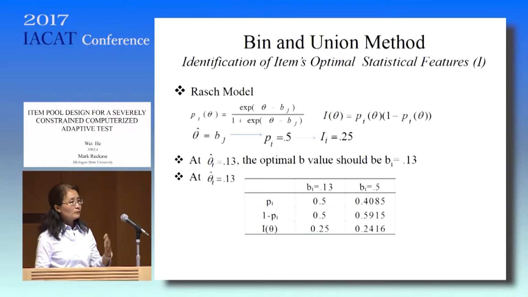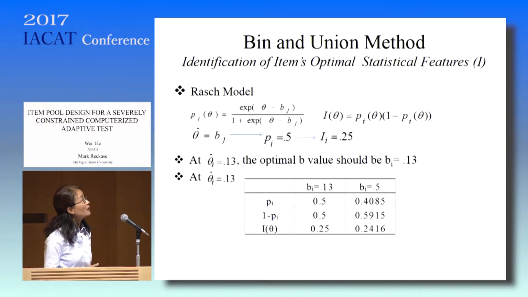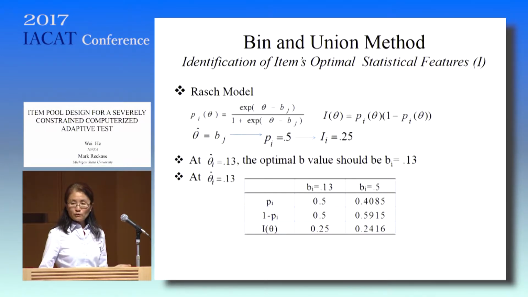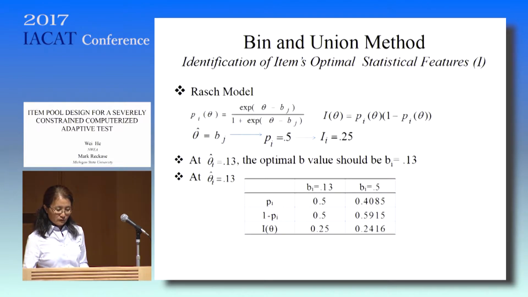Here is some in-depth explanation of those key elements in item pool design. The first is to identify the item's optimal statistical feature. Now let's just use a simple case, which is the use of the Rasch model. As we all know, a Rasch item can provide the best information when the difficulty and ability estimate exactly match each other. So, for example, if we have an ability estimate of 0.13, then the optimal item difficulty value should also be